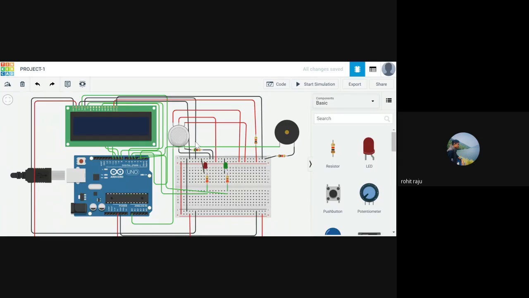And then comes the next important part. We are done with the LCD. This is the gas sensor. Gas sensor has 6 pins. 2 pins out of 6 pins are used for heating the sensing element, and the remaining 4 pins are used for either input or output. So here we are using analog input.